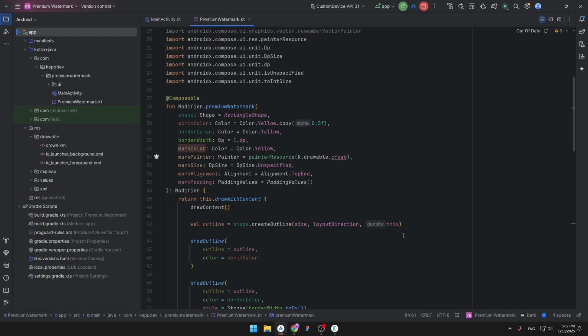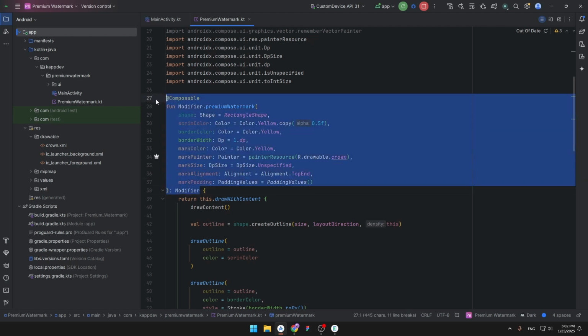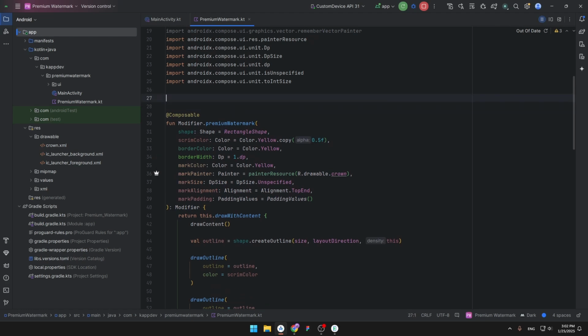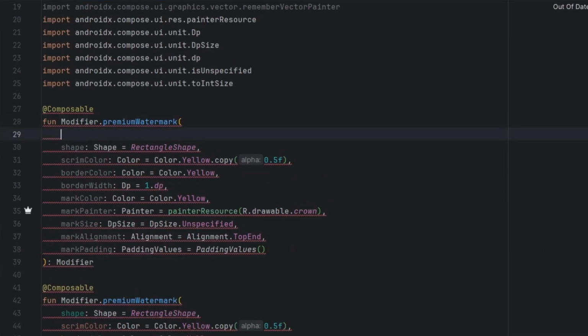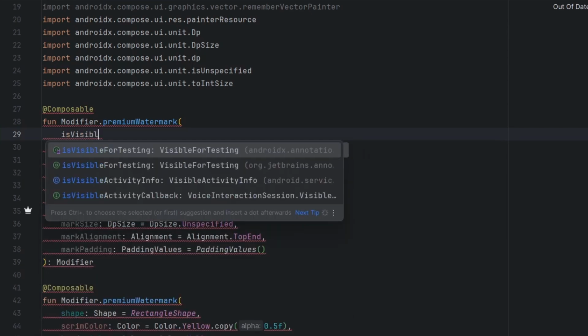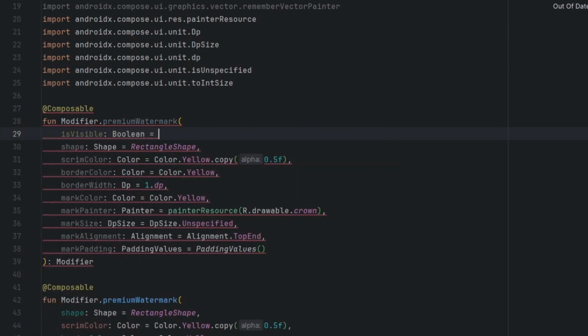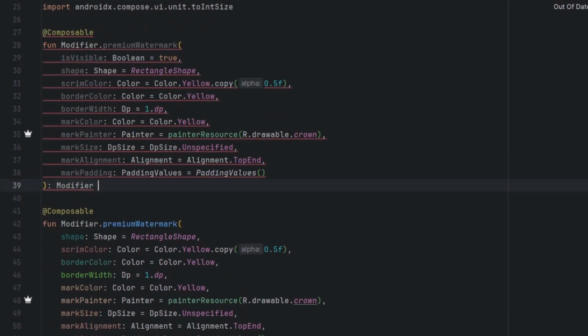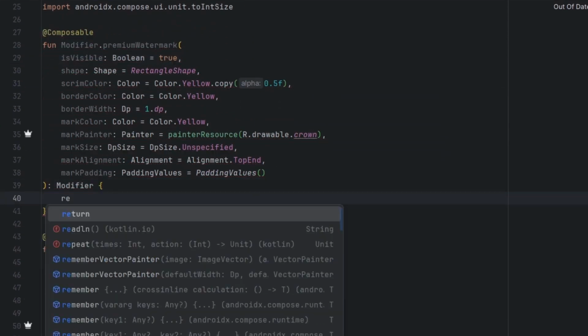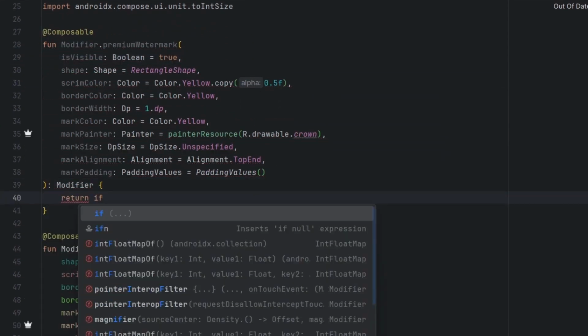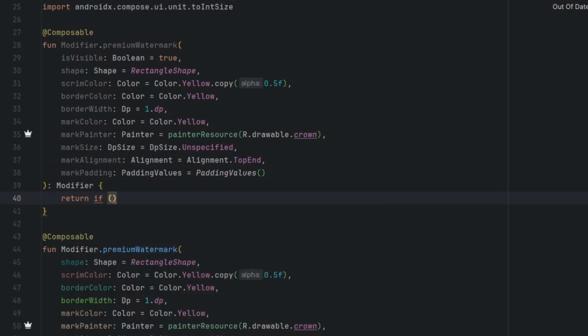But also, I want to show you one more useful overload for this function. For that, we'll copy this and paste it at the top. And then I will add one more parameter, which is visible Boolean. And by default, I will set it to true. Then we call return, and here we have an if condition. If it is visible,